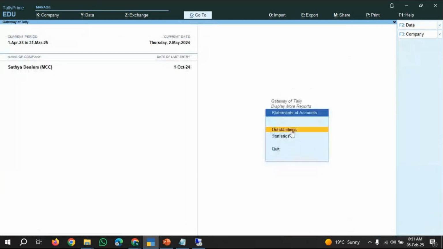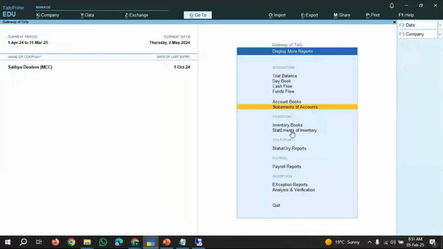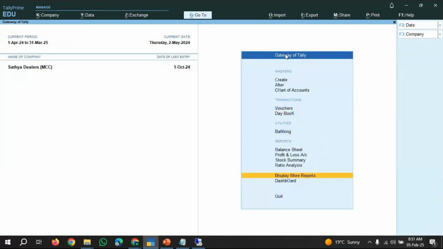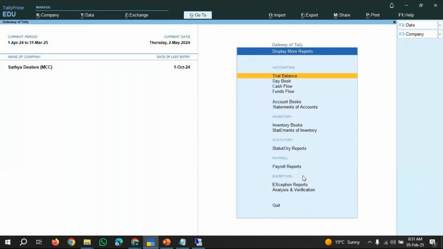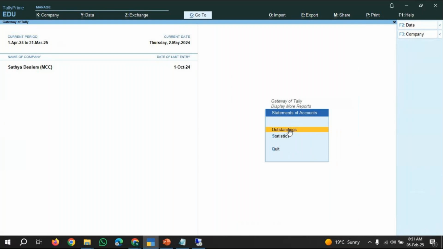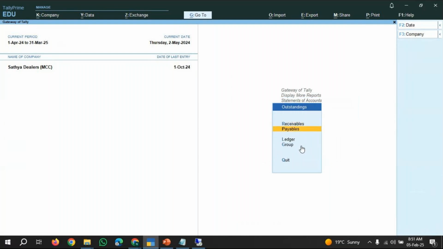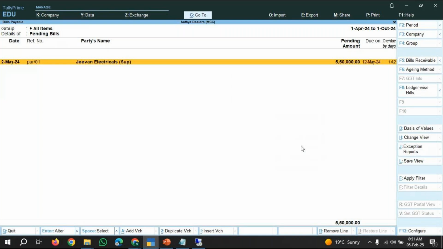Let me repeat one more time. Escape, escape till gateway of Tally, display more reports, statement of accounts, then outstandings. Click on outstandings, then payables. If we have pending bills receivable, we can select that, or else select the payable option. Click on that. Now, Jivan Electricals, 5,50,000 worth of goods pending is there. We have to pay. We means Satya